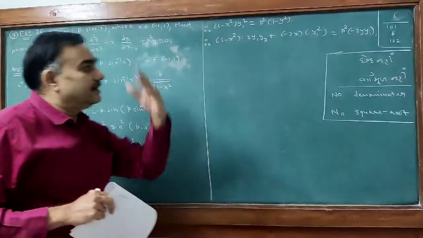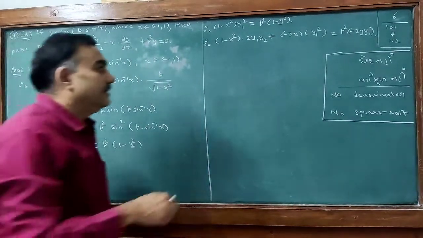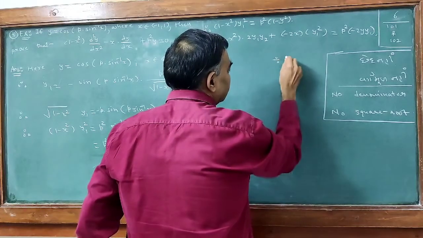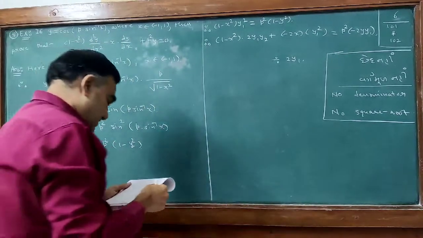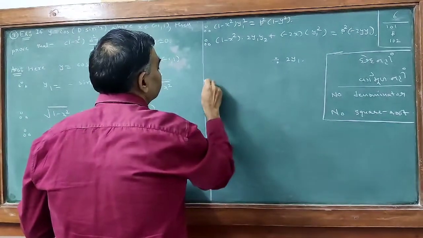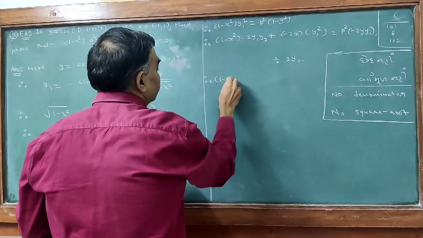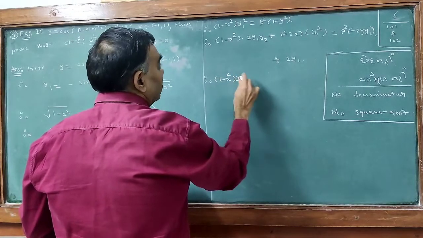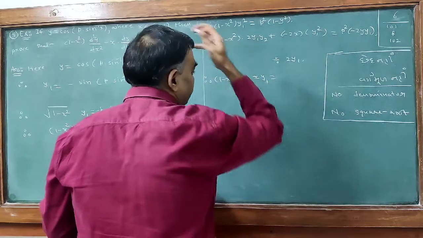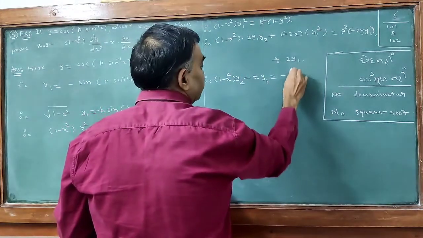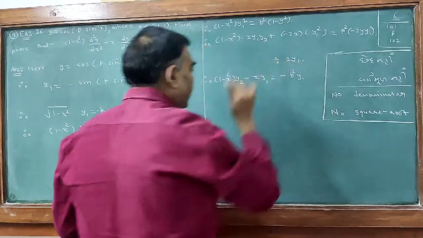Now throughout we can cancel out 2y1. Divide this by 2y1. What we will have? 1 minus x square y2 minus xy1 is equal to minus p square y,